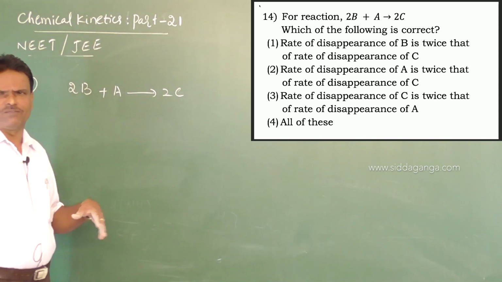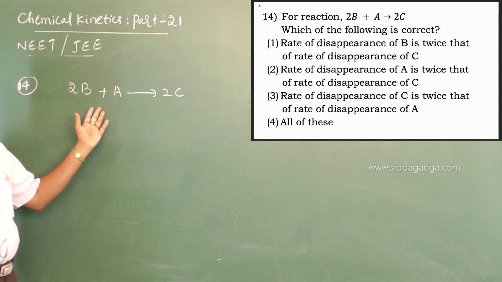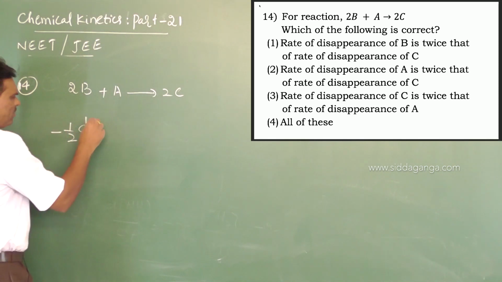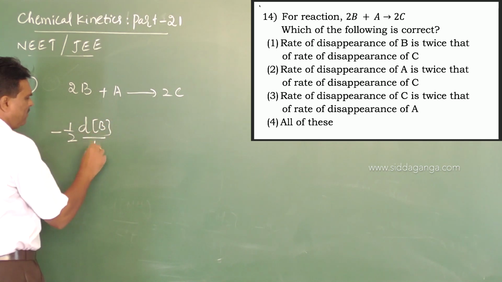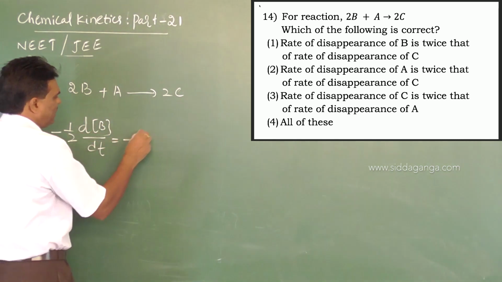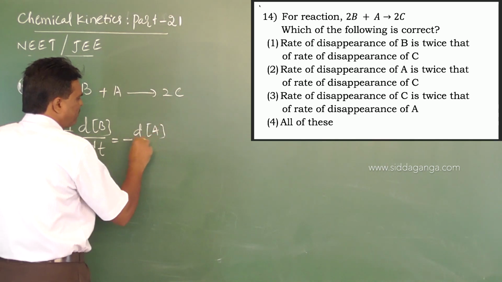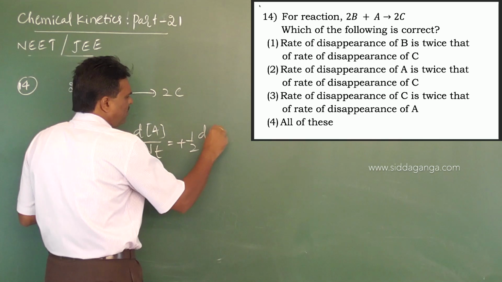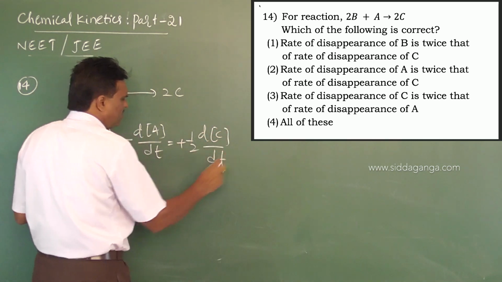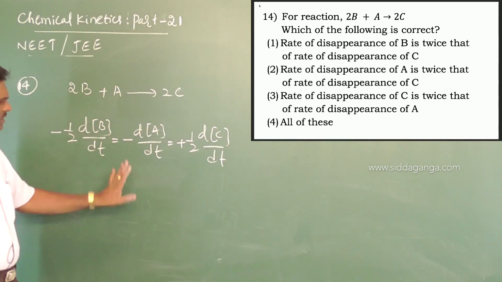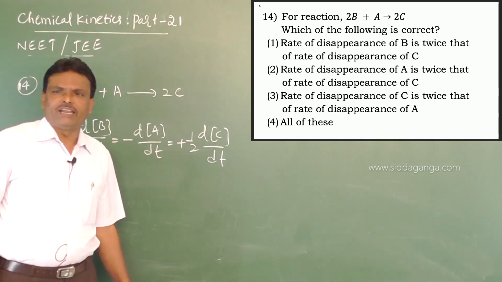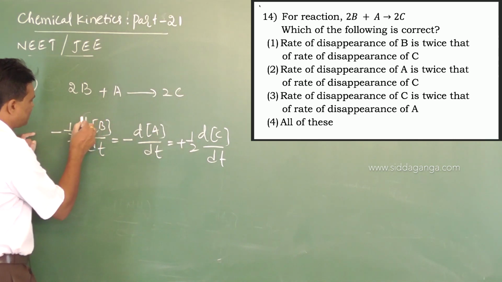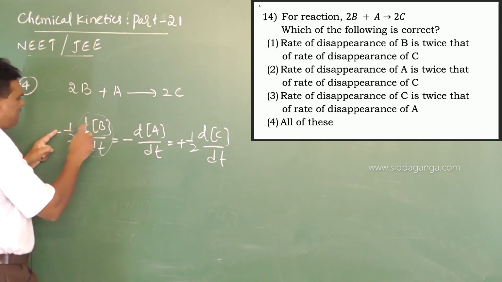Rate of disappearance. So first you have to write the instantaneous rate equation for this one. Minus half into dB by dt, that is equal to minus dA by dt, that is equal to plus half into dC by dt. First see this, and then keep checking the data. Rate of disappearance of B, that is, minus dB by dt